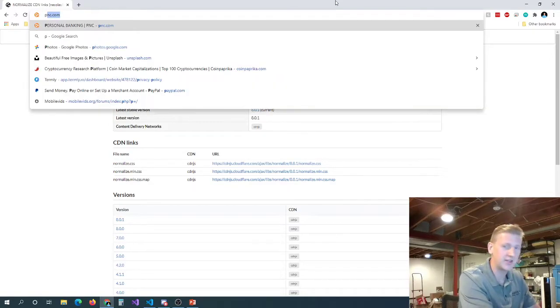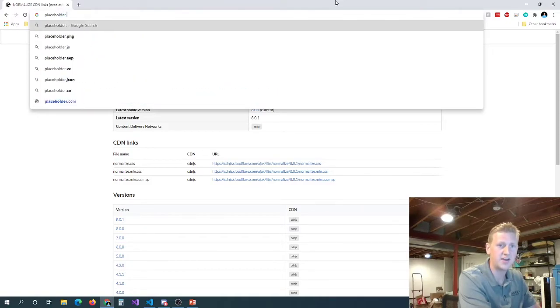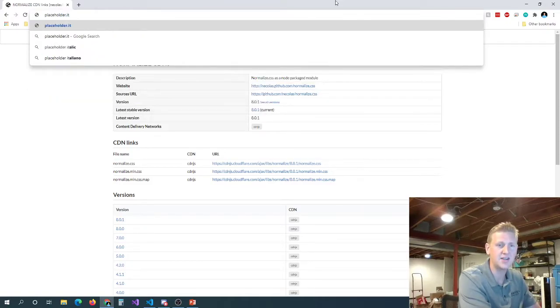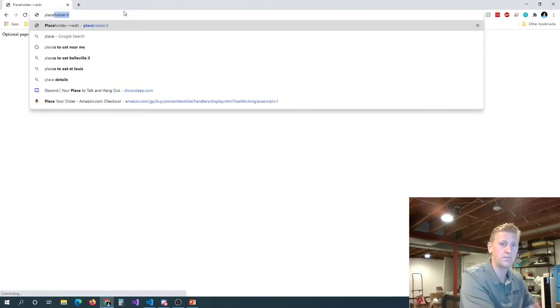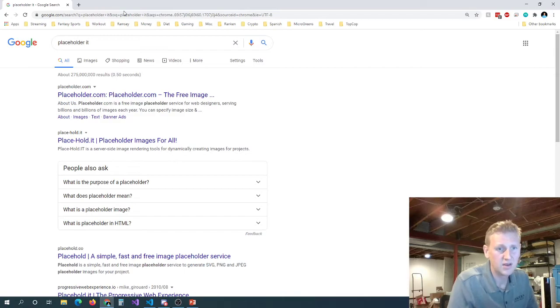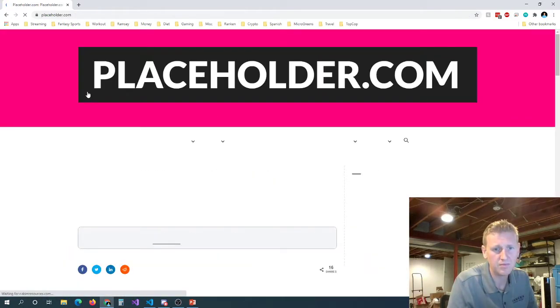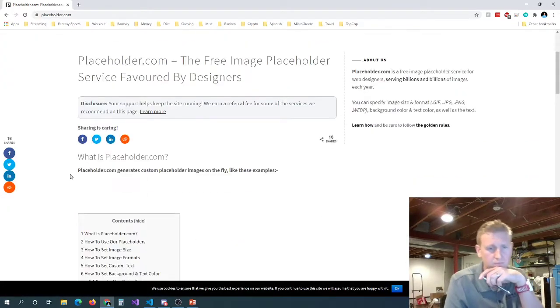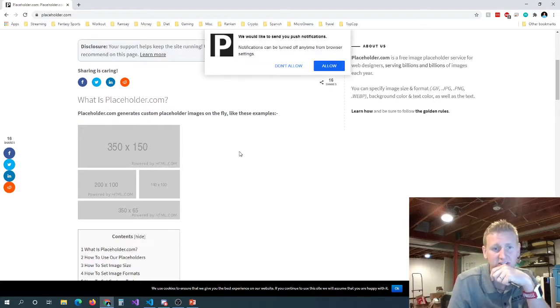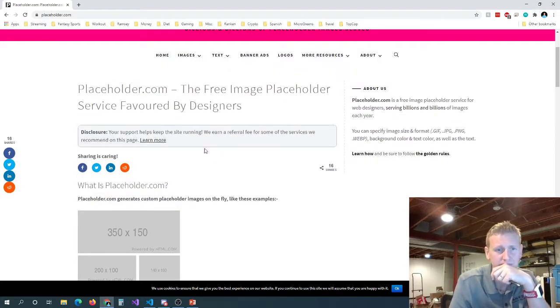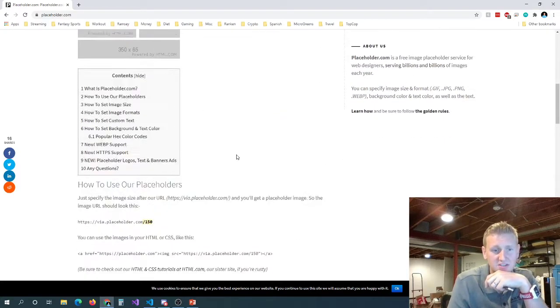I think it was called placeholder.it. You can just get these gray images, and